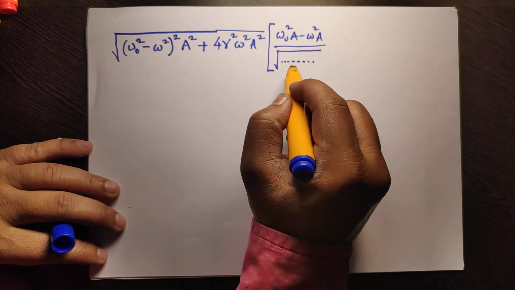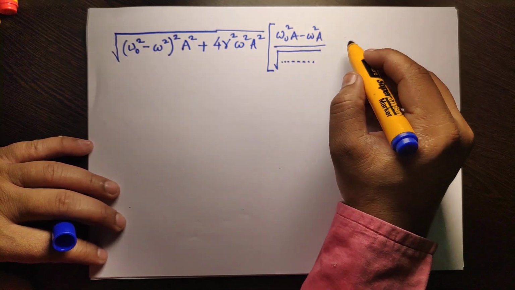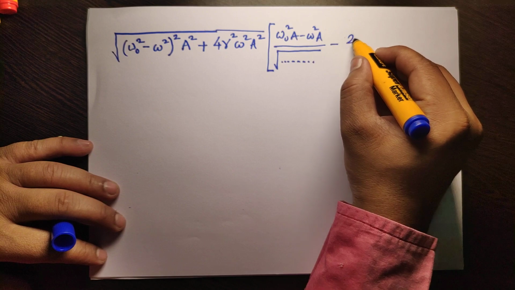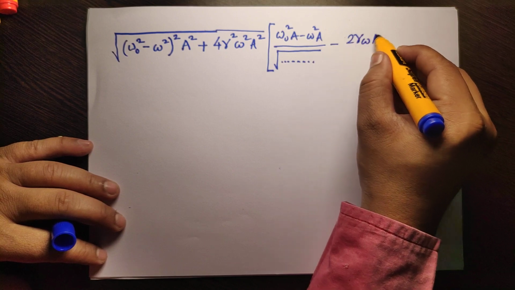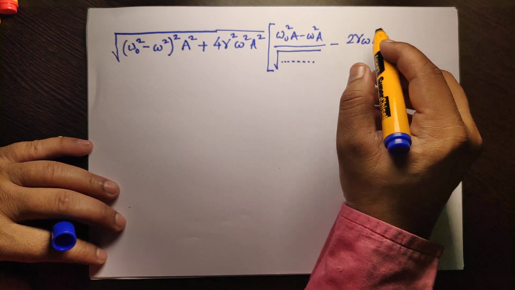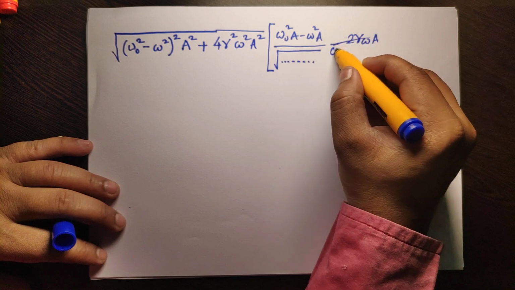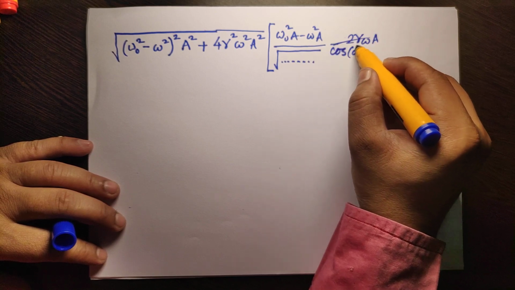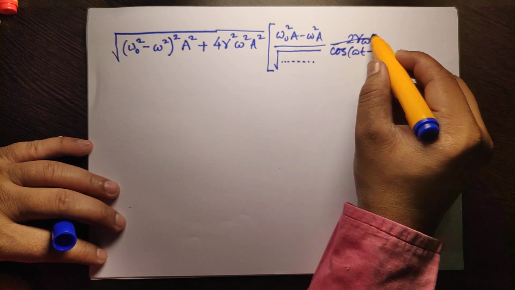This square root is this thing, right? This will come down. So minus 2 gamma omega A, sorry, I have missed out that, multiplied by cos(omega t minus phi), right,